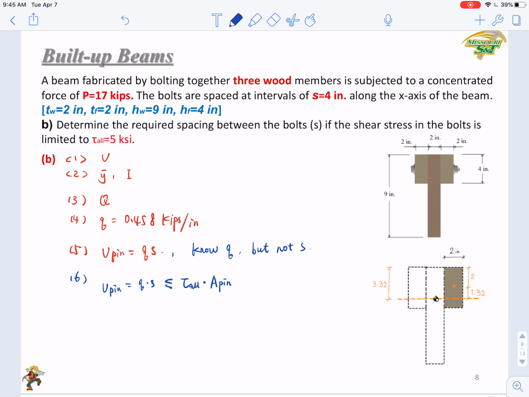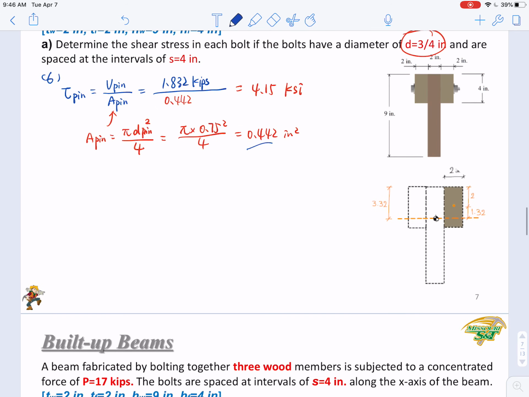Then to design this S, we just need to make sure that S is not larger than allowable stress times A pin over Q. So here you get 5 ksi. This is the allowable shear stress given in part B, times A pin that has been determined in part A, right? That is 0.442